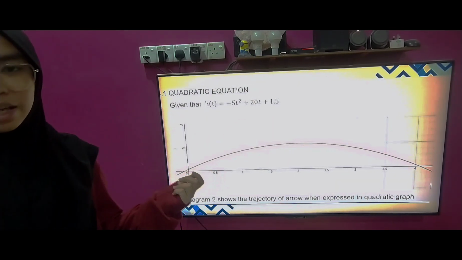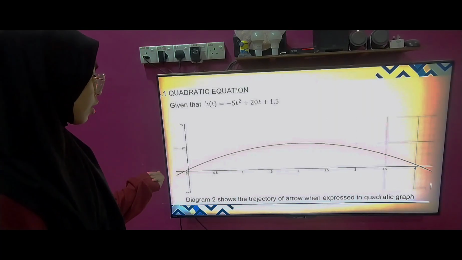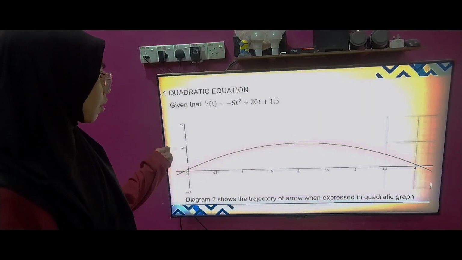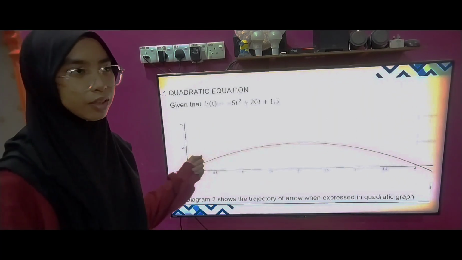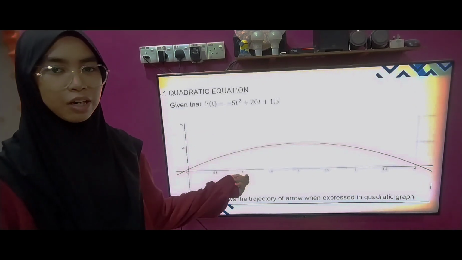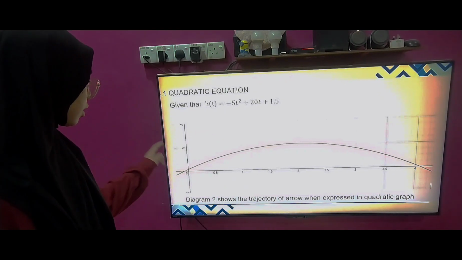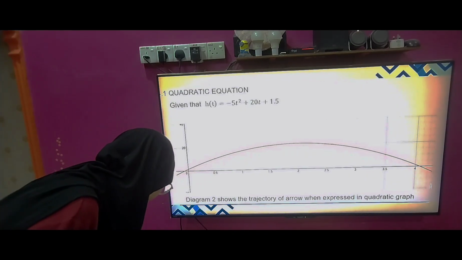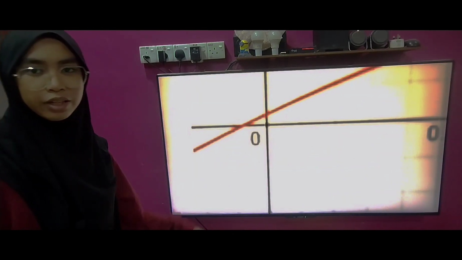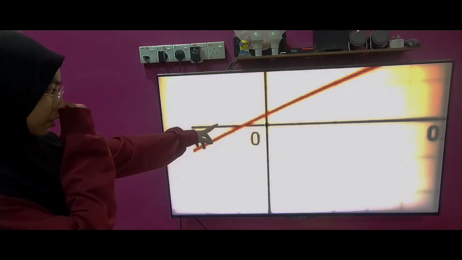So this is how I represent the parabolic curve of the quadratic equation where the arrow travels in the air. Wait, let me zoom in for a bit. As you can see here, it does not touch